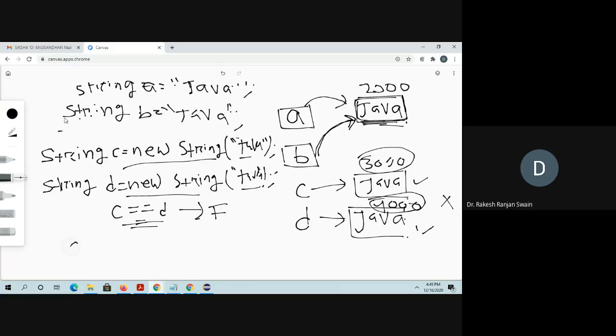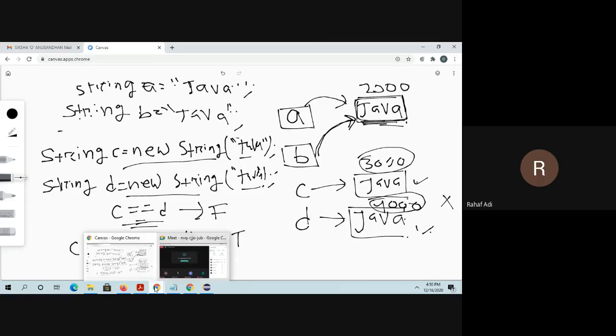But if you check using the C equals D method, what does this method return? It will check only the content. Here the contents are the same, so it is true. It will not check the memory, but double equals checks the memory. Got it or not? Yes, sir. Okay.